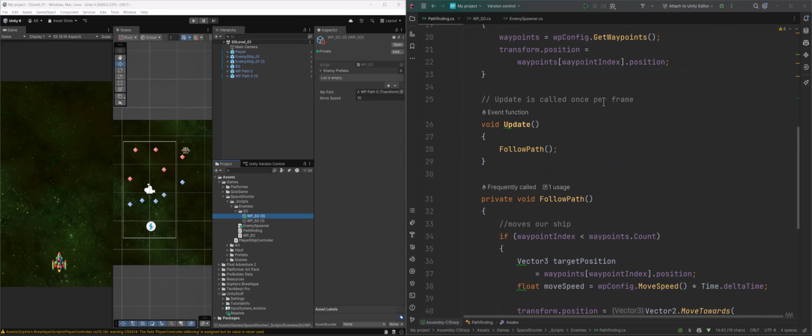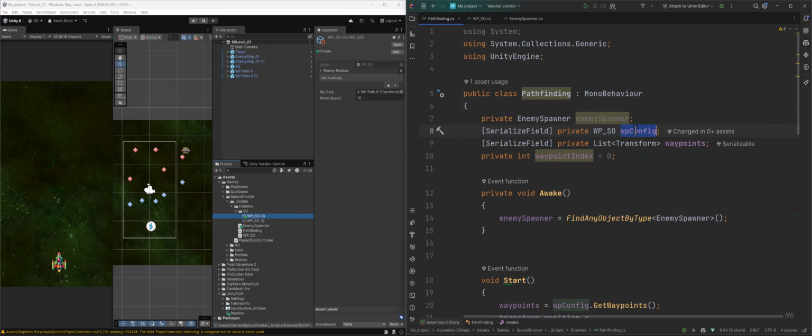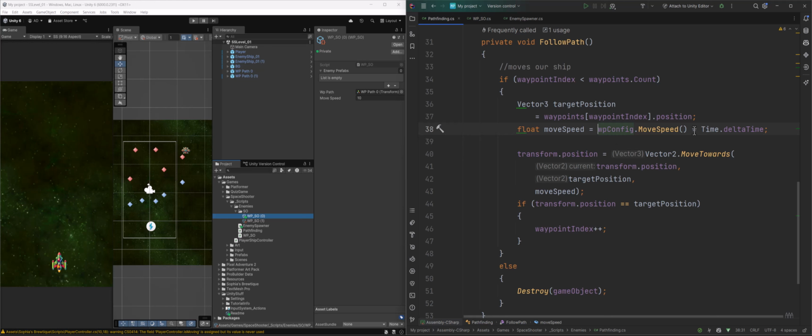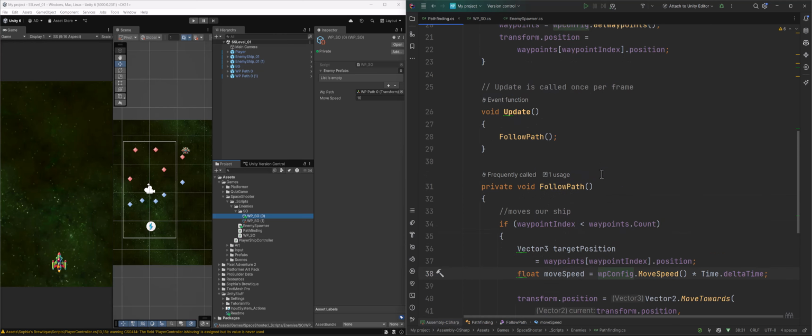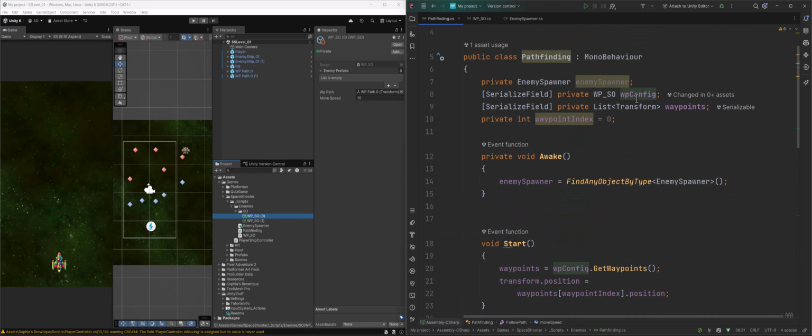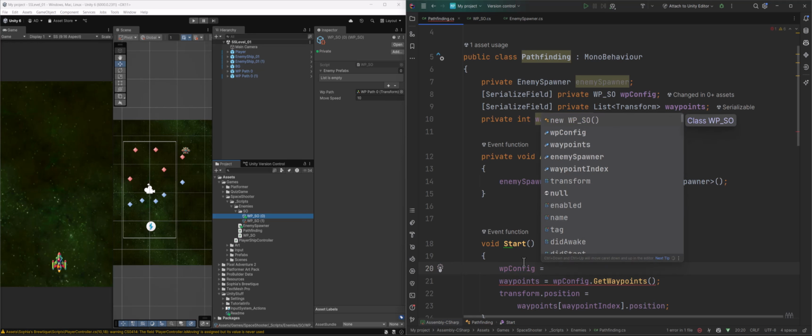All right, so now we have this variable here, this WP config here, and it says changed in 0 assets. If I click on that and press F12, you could see that we have it accessing speed down here. So it's kind of accessing the file itself. What we can do now is I'm going to change it up just a little bit. Inside of start, I'm going to say this is equal to enemy spawner